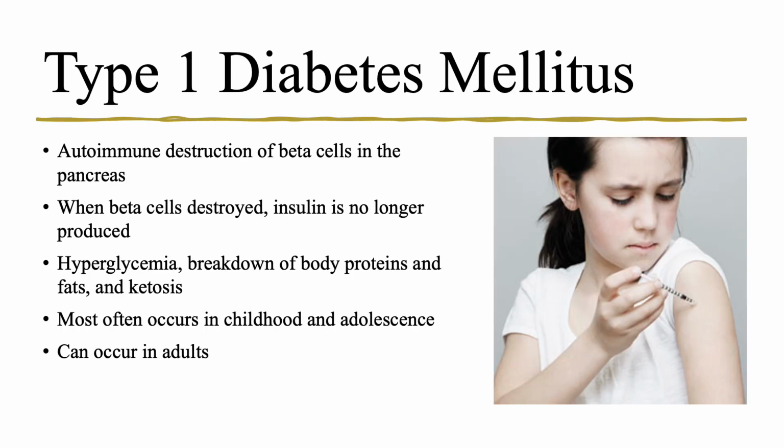Type 1 diabetes. Now, I have to say, there's a special place in my heart for type 1 diabetics. Type 1 diabetics are typically children, and my brother was diagnosed at age 7 with type 1 diabetes. This is an autoimmune disease, so there's nothing that you can really do to prevent it. It typically strikes children, but the interesting thing in my family is that my father developed type 1 diabetes in his 40s. Both of these people lost a lot of weight before their diagnosis, and they were very fatigued.